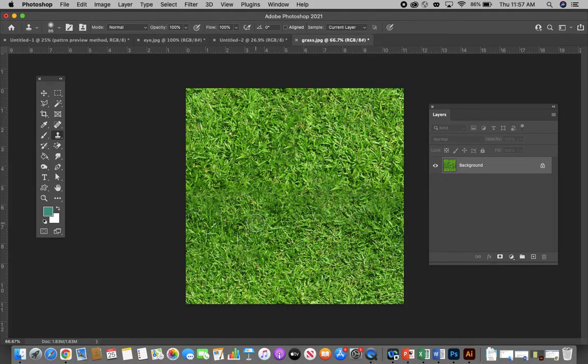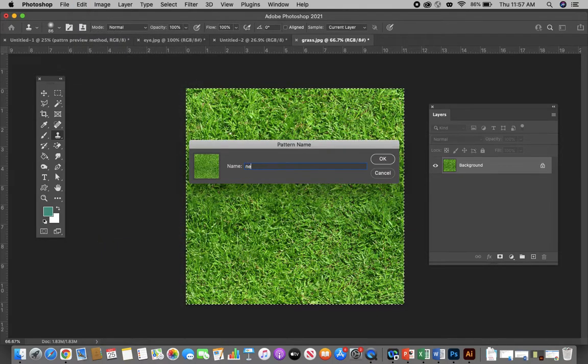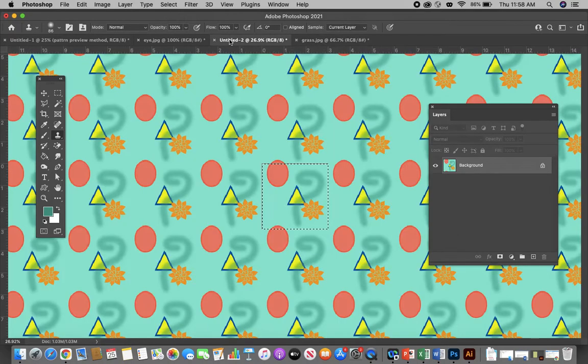So once you're happy with the way the tile looks, you're going to go to select all and go to edit, define pattern. I'm going to call this new grass. Okay. Then I'm going to go back